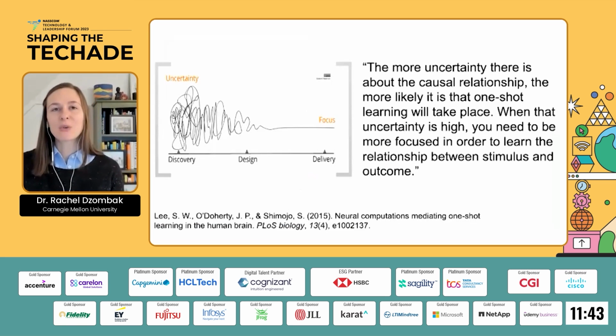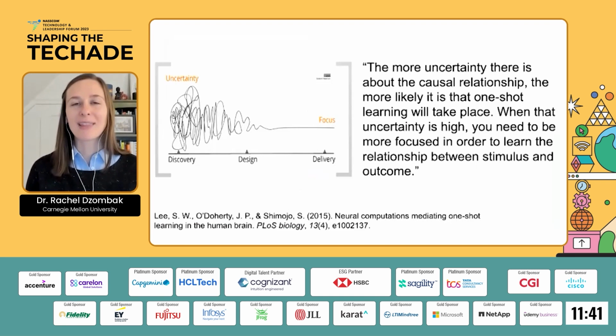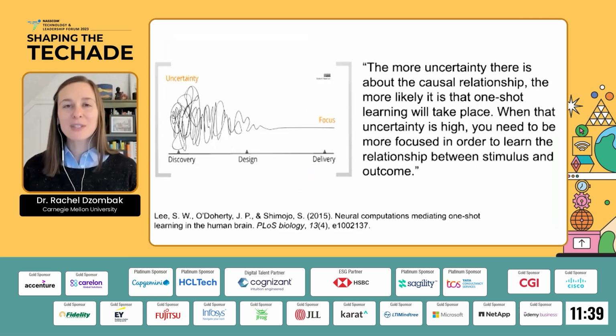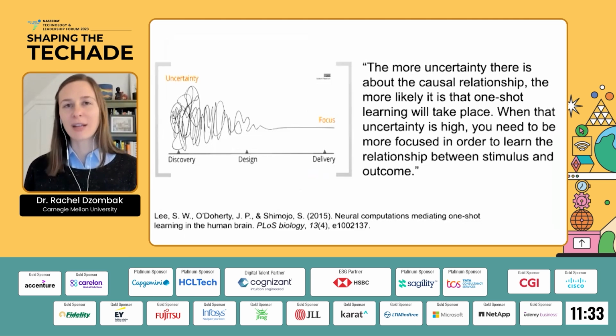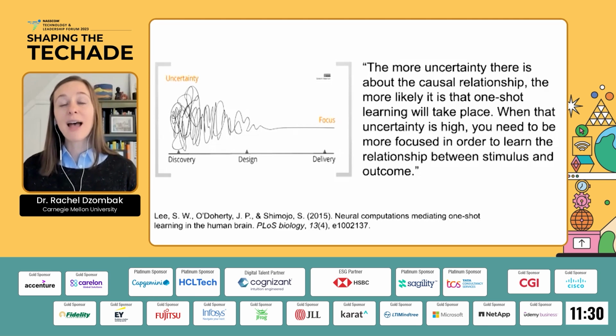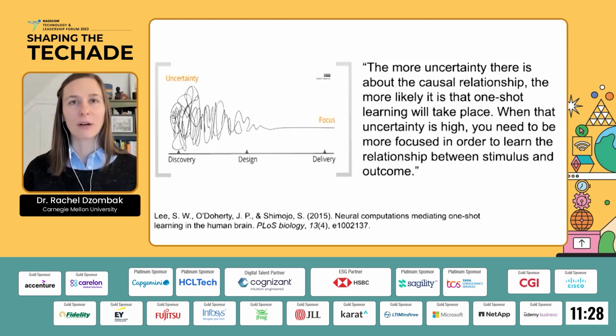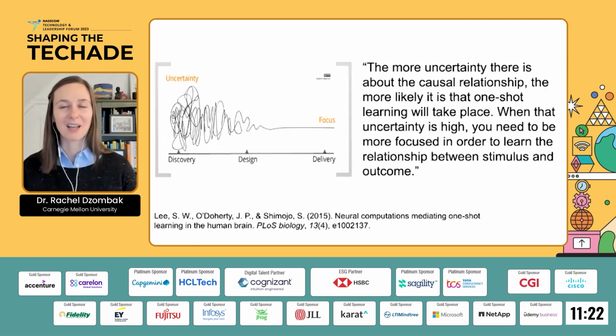If we look into neurological research into the way that our brains function, oftentimes when we are trying to problem solve, we are looking at stimulus and outcome. We're looking at trial and error, cause and effect. And we're relying on a mode of thinking called incremental learning. We're trying to make sense of something, draw conclusions, and move forward. It's the scientific method in action, if you will.